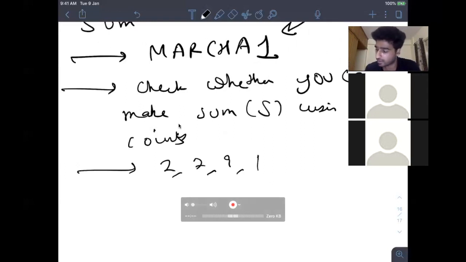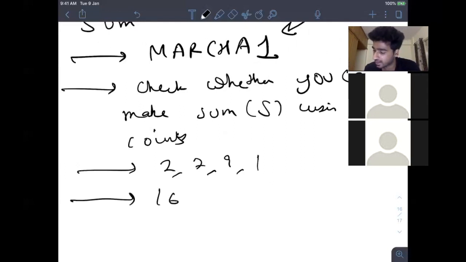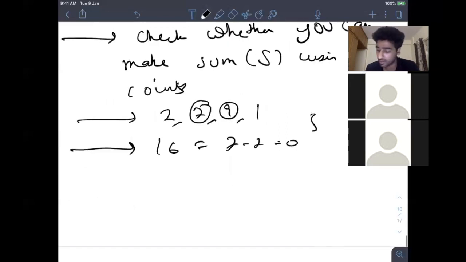If you are thinking, let's say I have to make 16, I'll subtract 9 and then subtract 7. It is working in this case because 16 minus 9 is 7, and 7 minus 7 is 0. But I will definitely send you a case on Slack where it will fail. So greedy does not work in this.